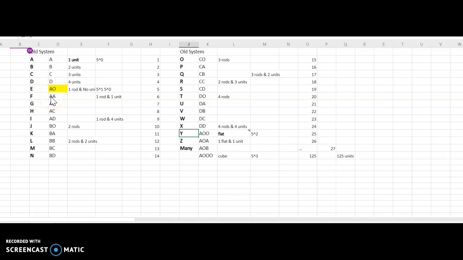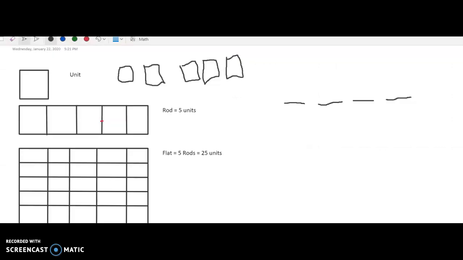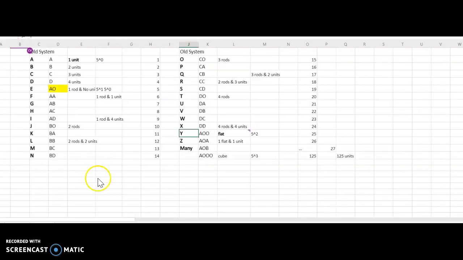If we had a rod and a unit, it would be AA, a rod and 2 cubes, or a cube would be AB, and so on,